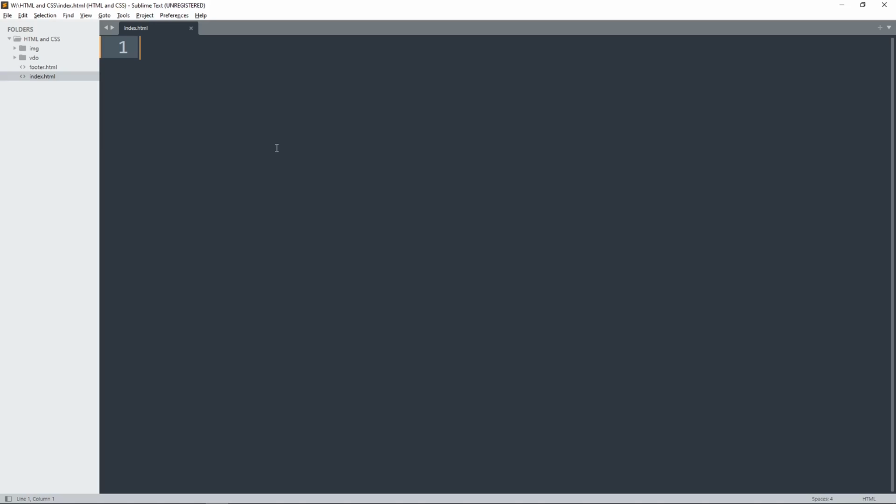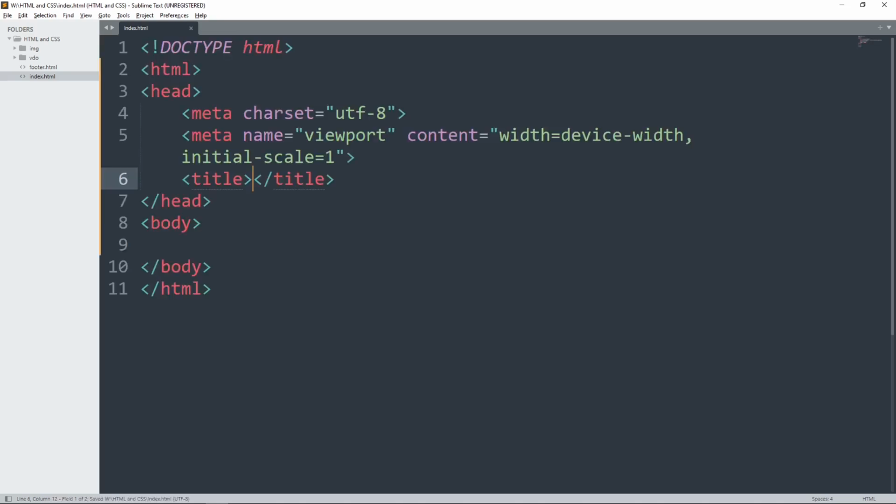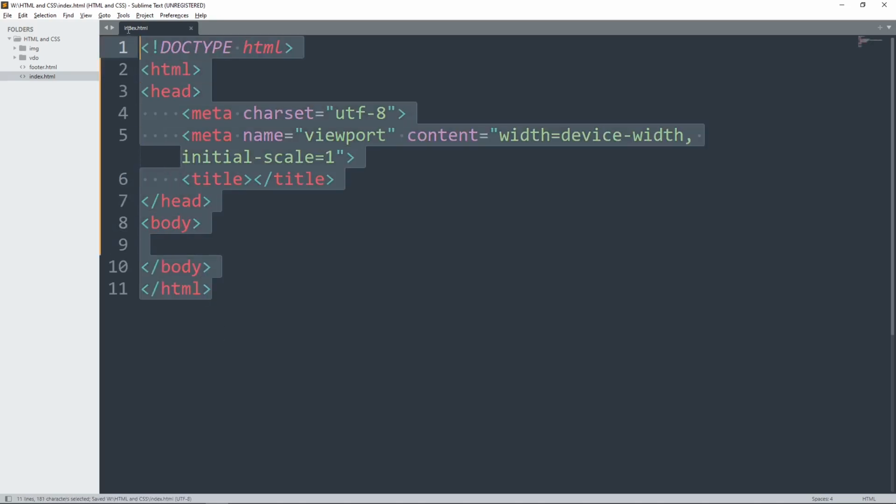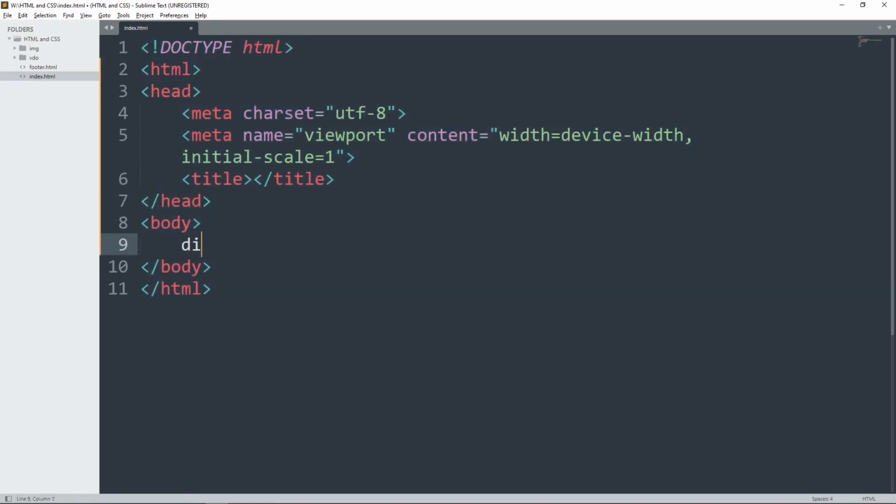In this video I'm going to show you how you can center a div. Here I'm going to say HTML and I will press tab. Here you can see it creates a basic structure for me and the file name is index.html. In the body I'm going to write a div, and here let's say I want to write